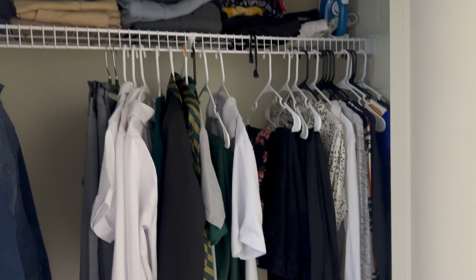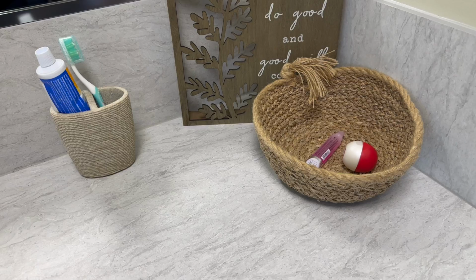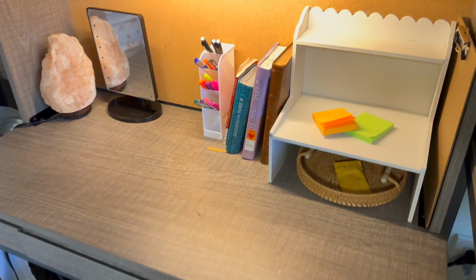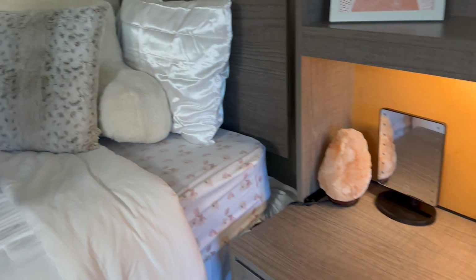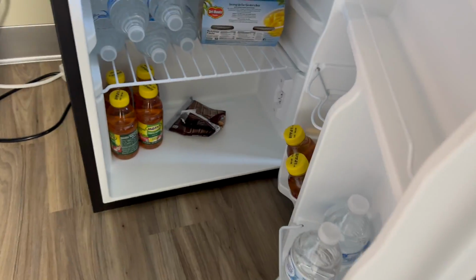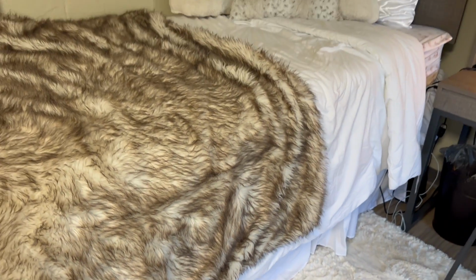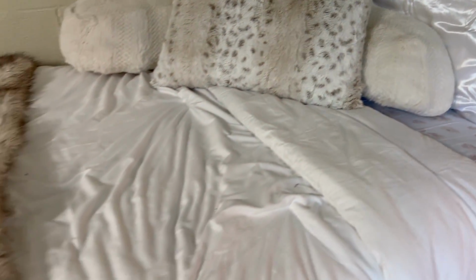So here's her closet. See, very minimalistic. Just a few items of necessity. Her hamper is there. Her iron is there, just on her counter. She has a nice inspirational sign, a basket, and this is her desk, made for functionality. There are pens there, her little pencil holder. There are her pillows. That's her rug. And once again, this is how this fridge was stocked. Very minimal, but very much Amara. And this is her completed dorm room, fresh with a new pillow, her blanket, and then it was time to say